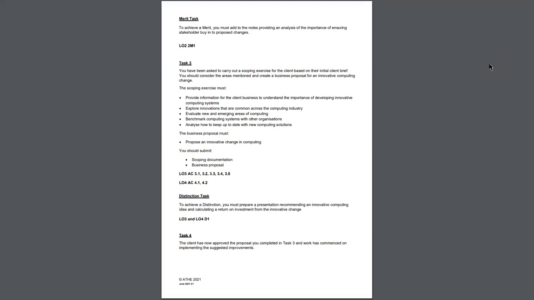Task 3, you have been asked to carry out a scoping exercise for the client based on the initial client brief. You should consider the areas mentioned and create a business proposal for an innovative computing change. So the scoping exercise must provide information for the client business to understand the importance of developing innovative computing systems, explore innovation